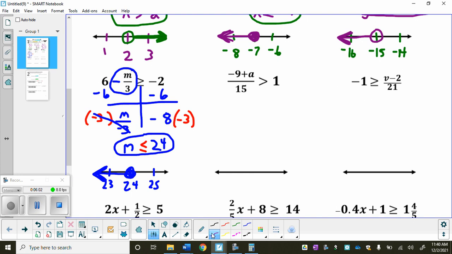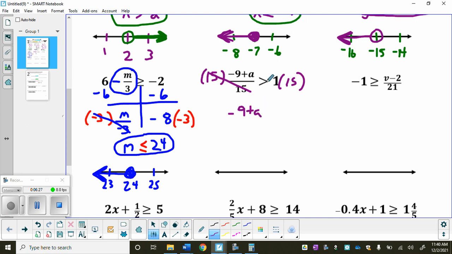Now back in the equations packet, we talked about what to do if you see a constant up top with your numerator. If your constant is up top with your numerator, the first thing you actually want to do is to get rid of this 15. So our first step here is going to be to multiply both sides by 15. Hopefully that rings a bell from our equations unit. So now this thing, the negative 9 plus a,